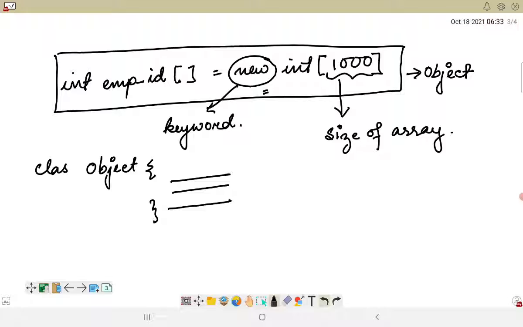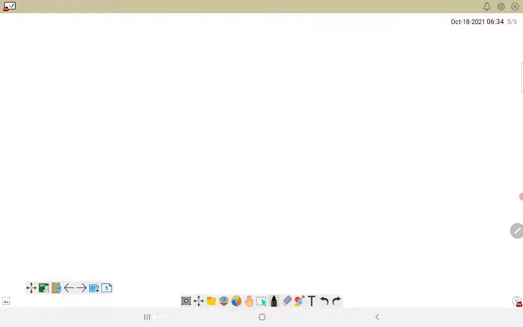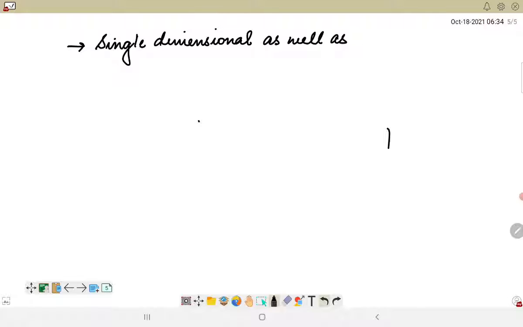We can store primitive values or objects in that particular array, and we can also create single dimensional as well as multi-dimensional arrays, 1D, 2D, 3D arrays.